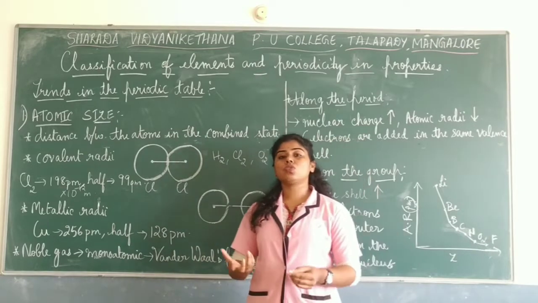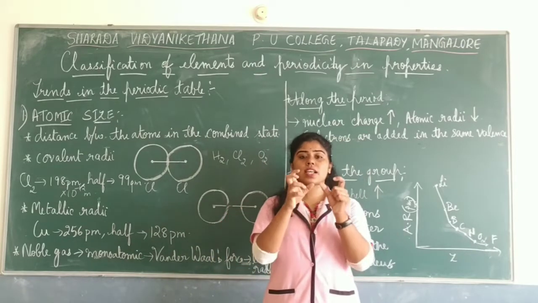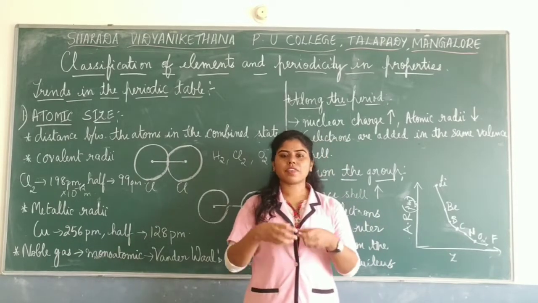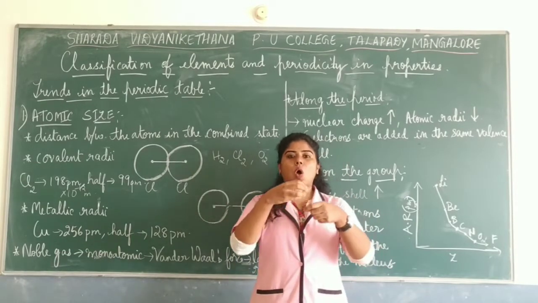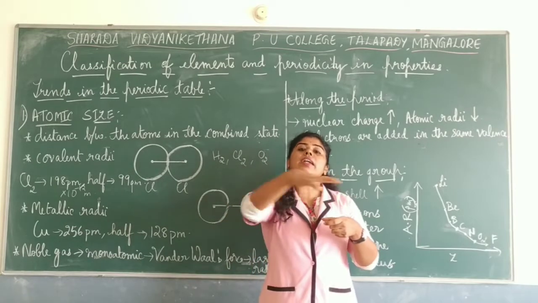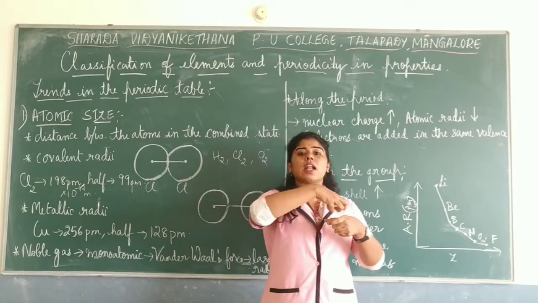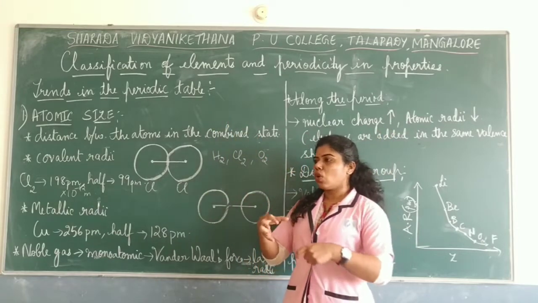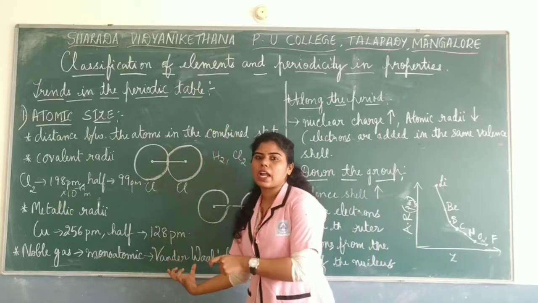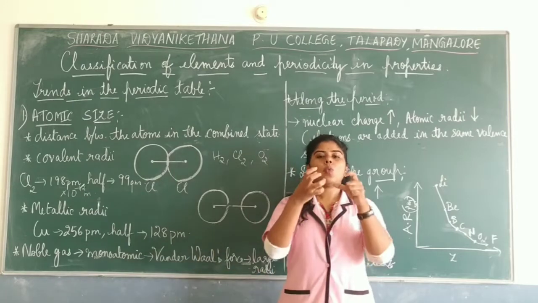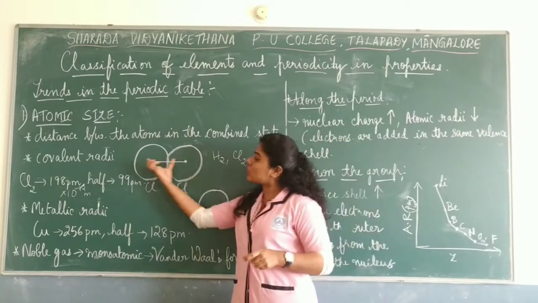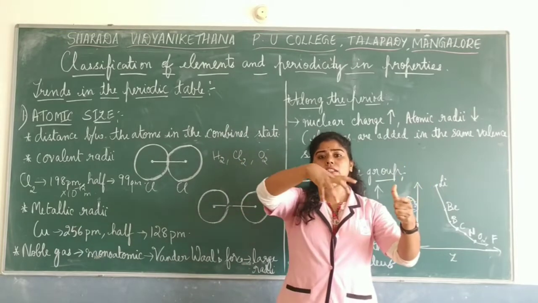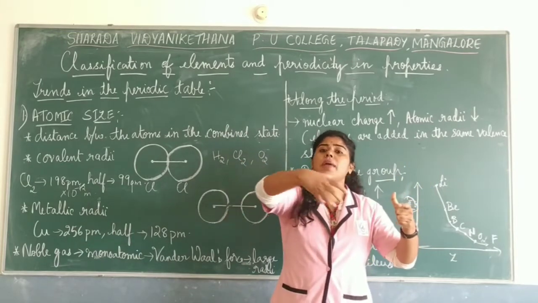Sometimes you can also find the size of an atom present in a metal. Now you know that if you have copper metal, it is like an entity. Entity in the sense there are many copper atoms which form a big cluster. So when you have to find the radii of the metallic atom, what do we do? We take the adjacent two atoms. There are many atoms present which form a cluster, correct?